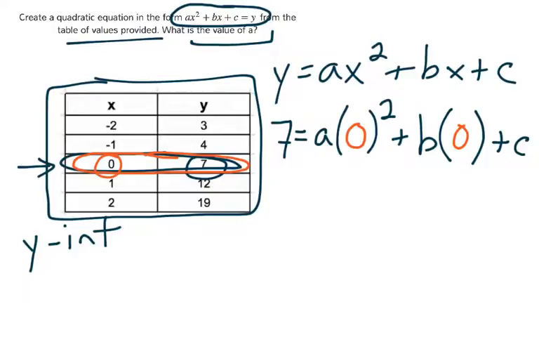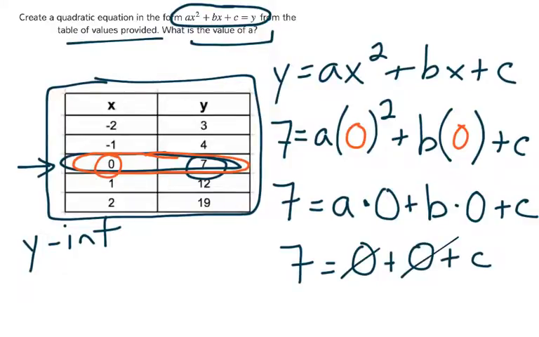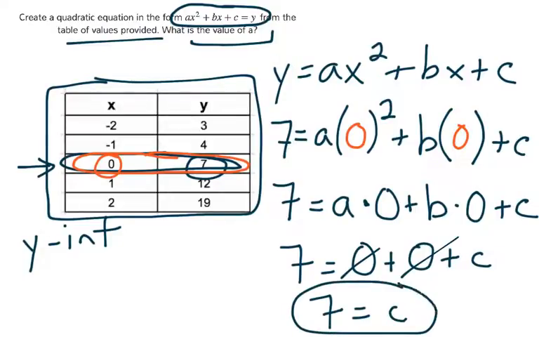All right, so let's go ahead and solve. 7 equals, well, a times 0 squared is just 0, plus b times 0, plus c. Well, a times 0 is actually just 0, and b times 0 is also 0, plus c. So these become nothing, and I now have at least my c value, which is 7, and that will help me later on. So I'm going to write that down up top here, c equals 7,